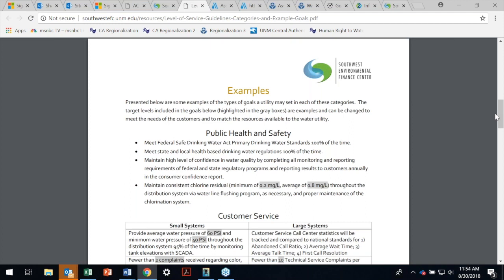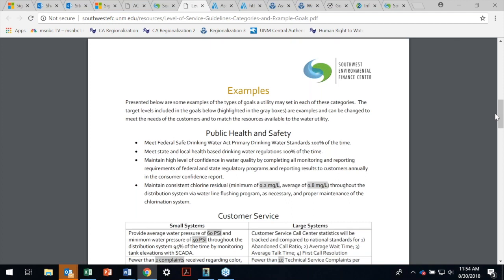And even taking a step above the level of service goals, what is your mission statement? What is it that you're all about? Is there a mission statement that sets the overall overarching theme for your utility? And if you have one of those, then the KPIs and level of service should match what you need to do to meet that mission. So if the mission is, I'm going to serve good water and nobody's going to get sick and nobody's going to die, what are the KPIs and the service levels you need to have to make sure that doesn't happen, that people are getting good, safe water?